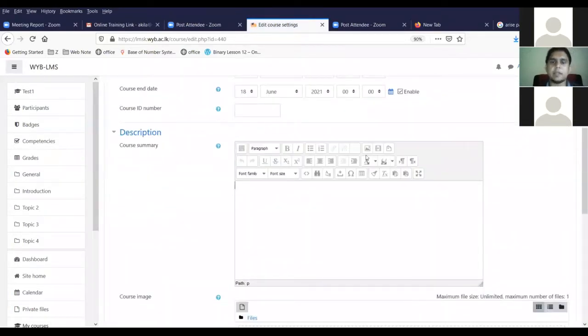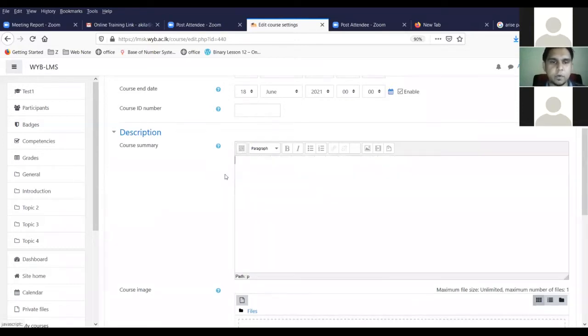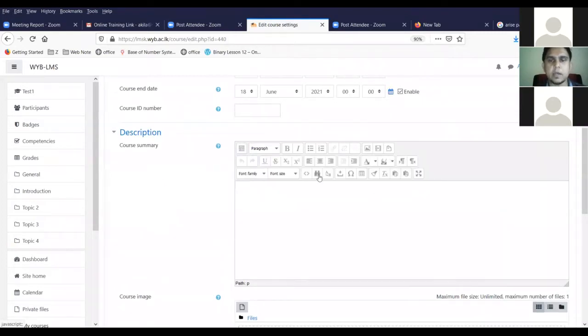We have changed the text editing panel. Now we can see there are a lot of icons here. If you want to add an image and some text, we suggest that you use tables. Let me give you an example. I'm going to add a table. You can use this table icon. If you don't see these, here this is the expand icon. You can click on the expand icon, then you can see the other hidden icons, the advanced icons.